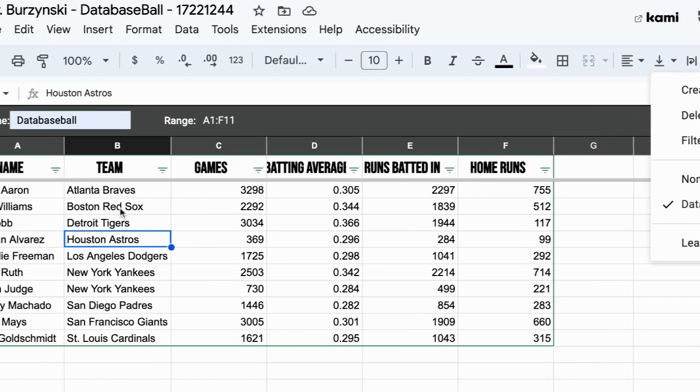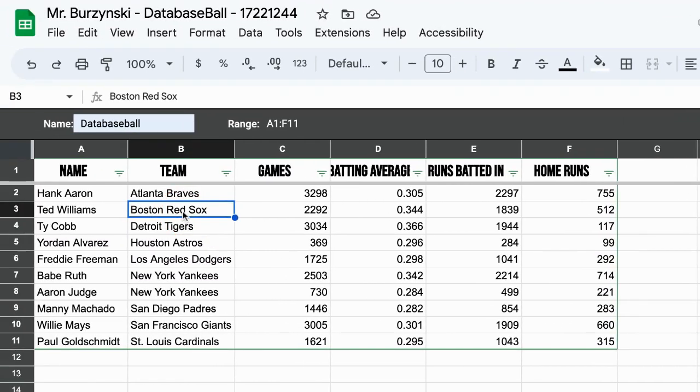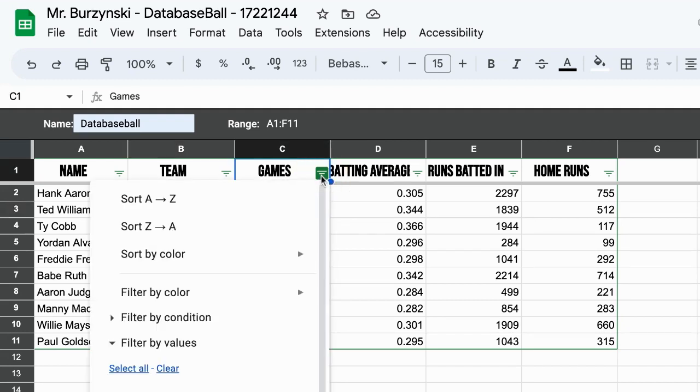So now I could say, listen, anytime anybody wants to come over here, they can sort through or they could filter out certain players. For instance, maybe I want to say players that have been in the league for the longest period of time. Let's say they had to be in the league for over, say, 1,500 games. So if I say games and I say filter by condition,